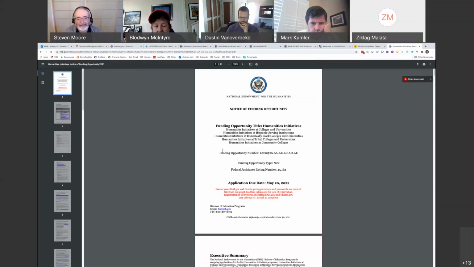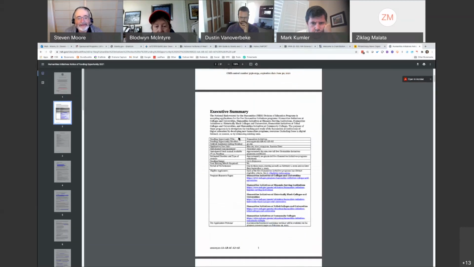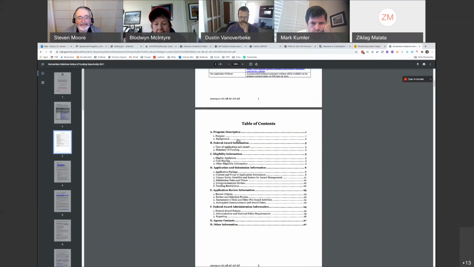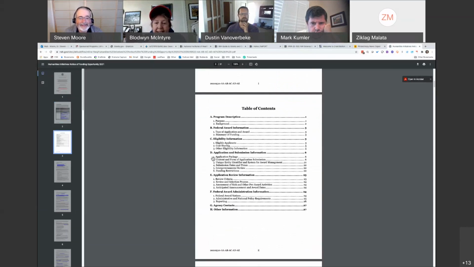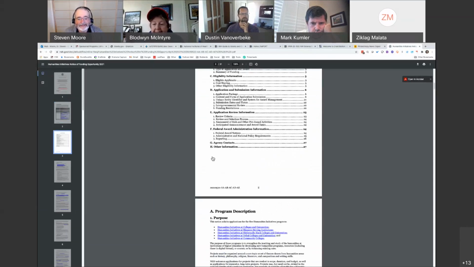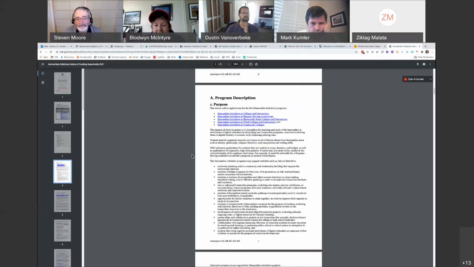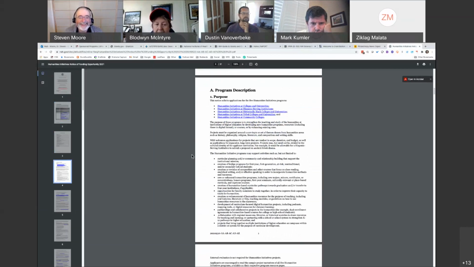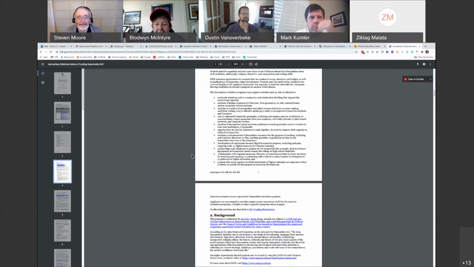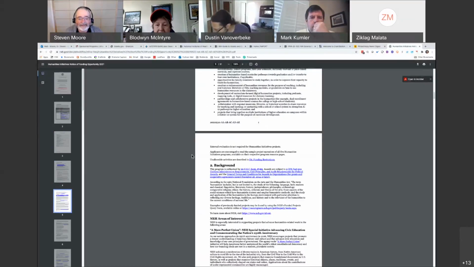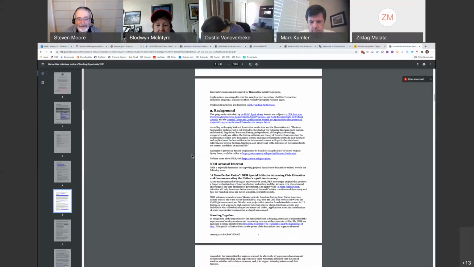Like the others, it's a fairly technical document with your application due dates. It'll have all of the stuff that you're interested in. The eligibility information is important. One thing to look at on NEH proposals is whether there's cost sharing required. Most federal grantors do not require cost sharing anymore, but NEH still does request it on some programs, and so it's a good thing to look at, and that's something I work with people on, coming up with their cost share on these